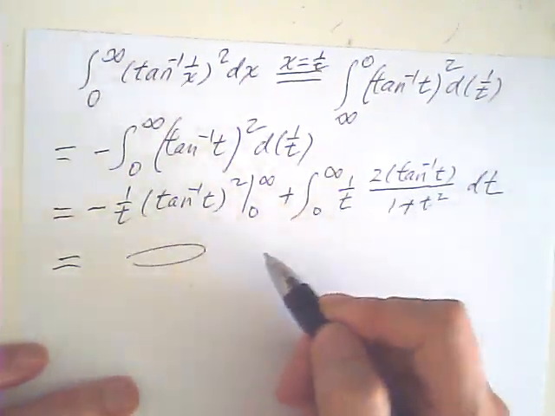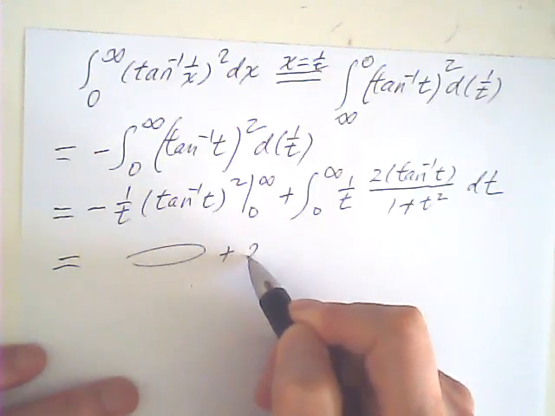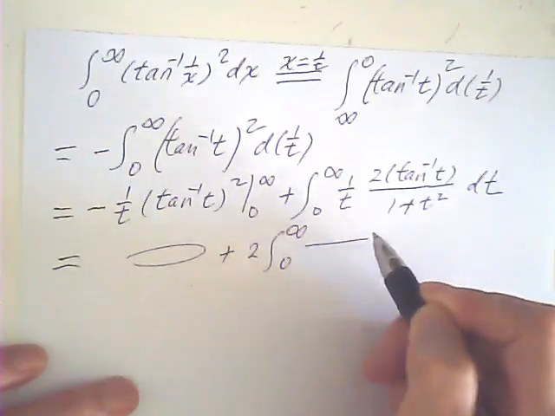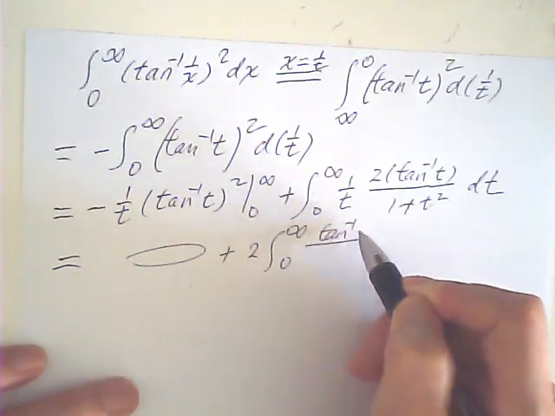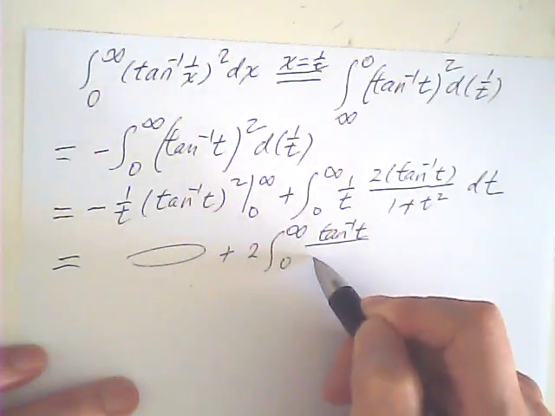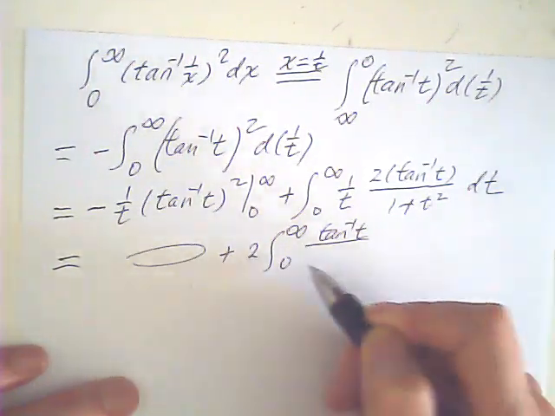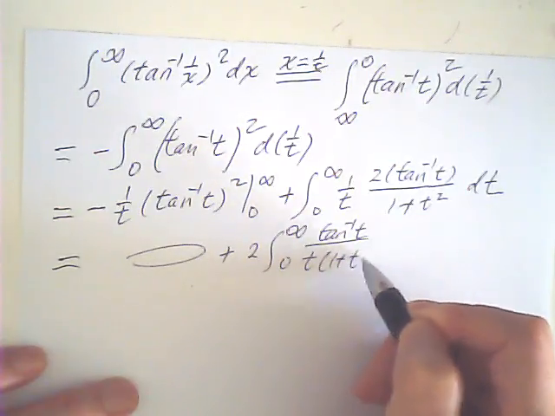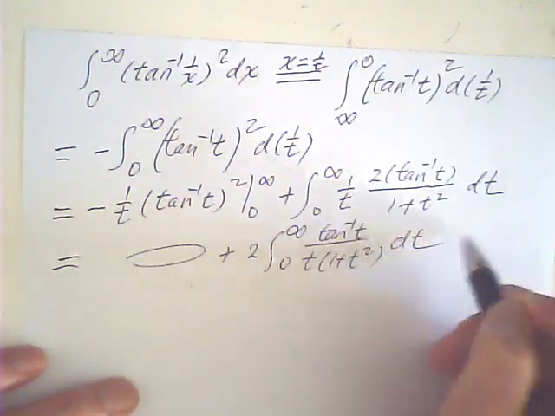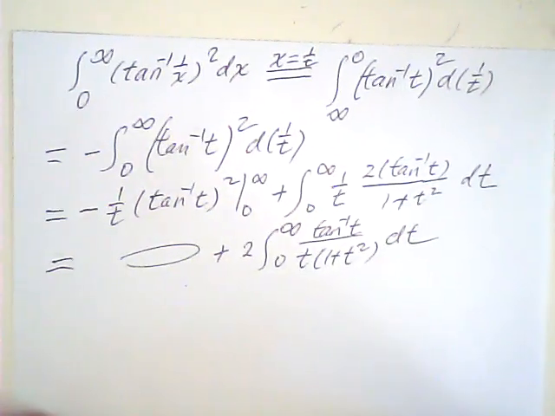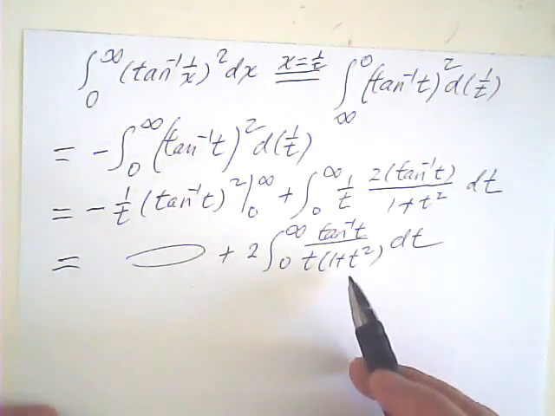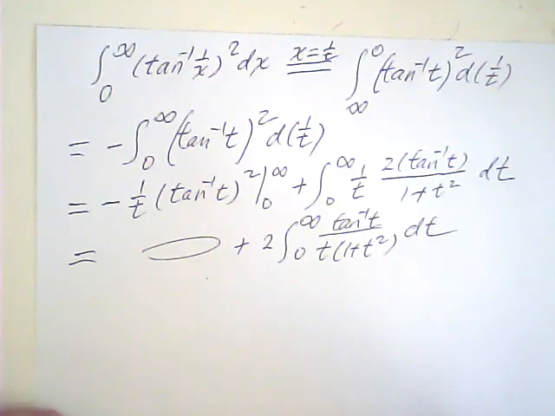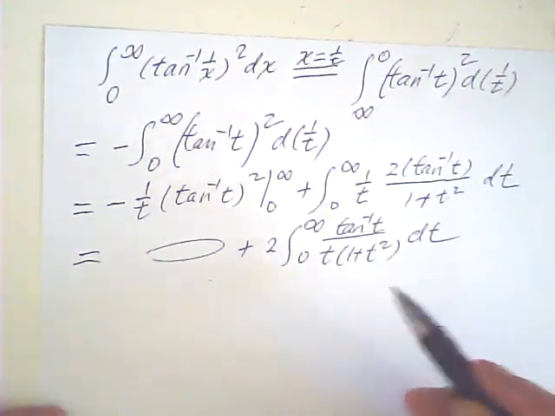And this will be plus 2 integral arctangent t over t times 1 plus t squared. Good. Now from here, then I'll apply some other methods. Say, how about